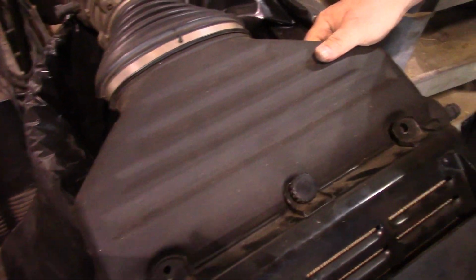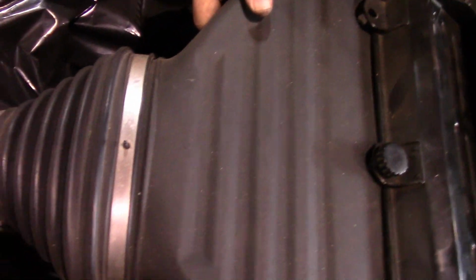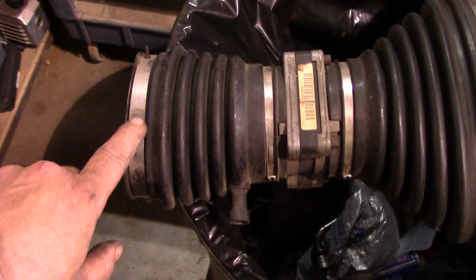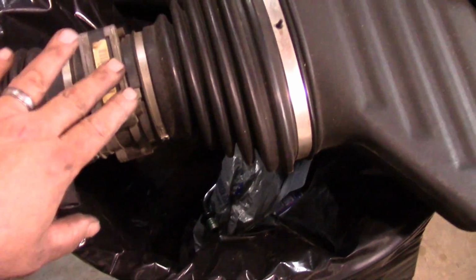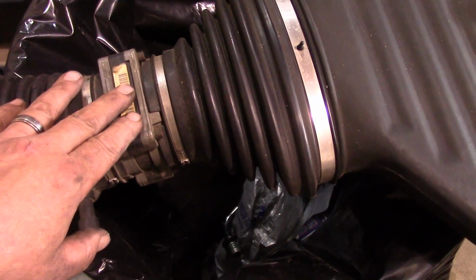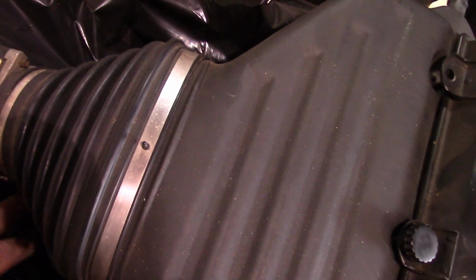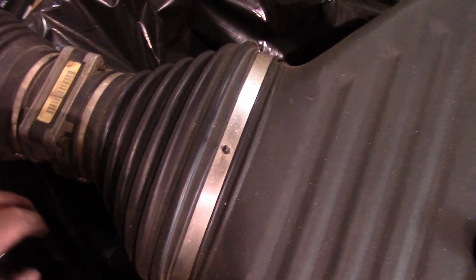Okay, so we don't obviously want to tear anything more apart than we really have to. So we just pretty much go with this clamp here at the throttle body. The mass airflow sensor can stay there. We obviously want to be careful. We don't want to knock it around. We did unattach our wires, the intake air temperature and the mass airflow. And then